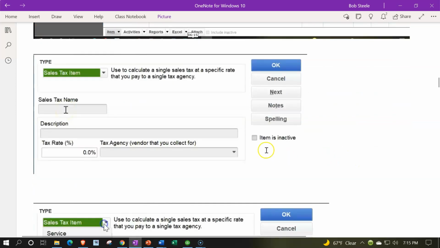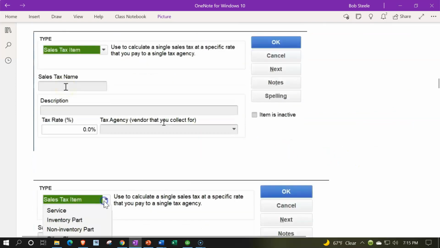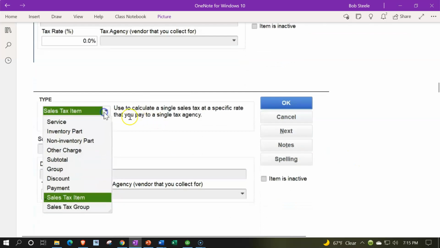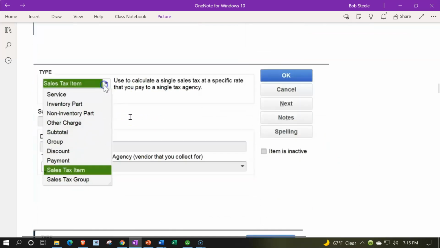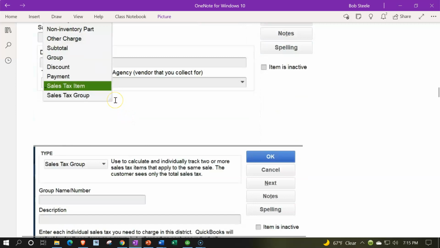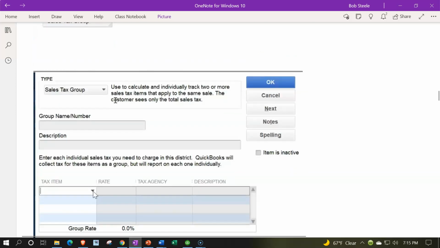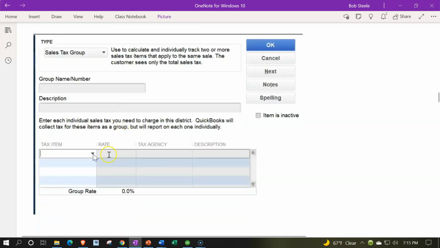Here's the sales tax item. So if you opened up a sales tax item, it looks something like this. If we hit the drop down sales tax item here, we also have the sales tax group. The group looks something like this. Within the group, you can then select multiple items that add up to the sales tax items that you will